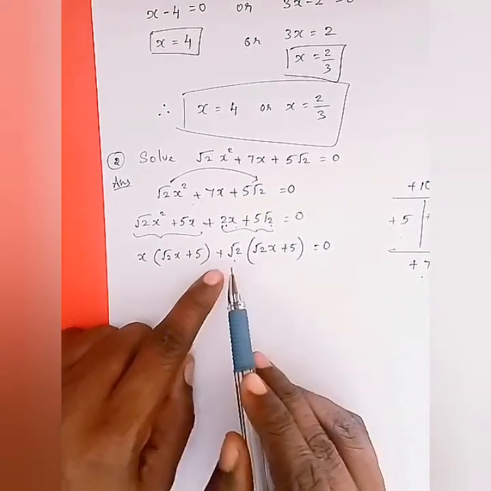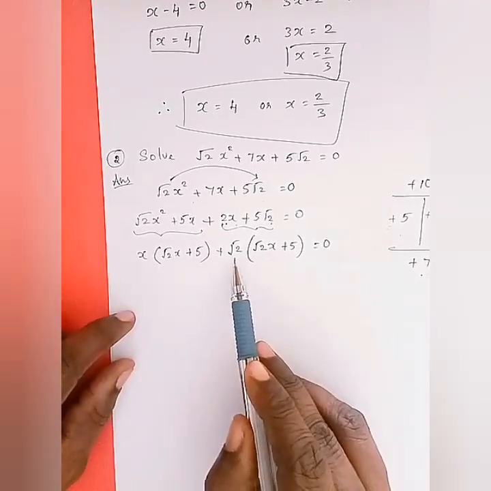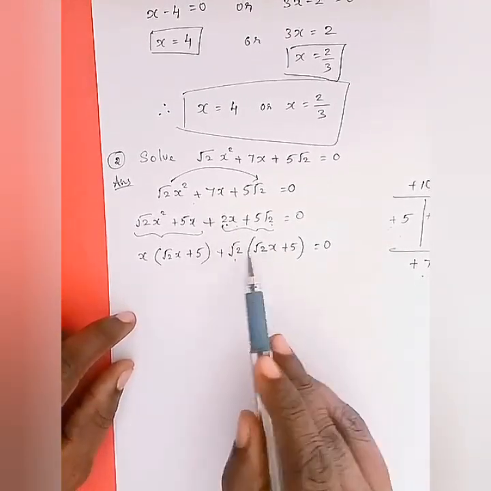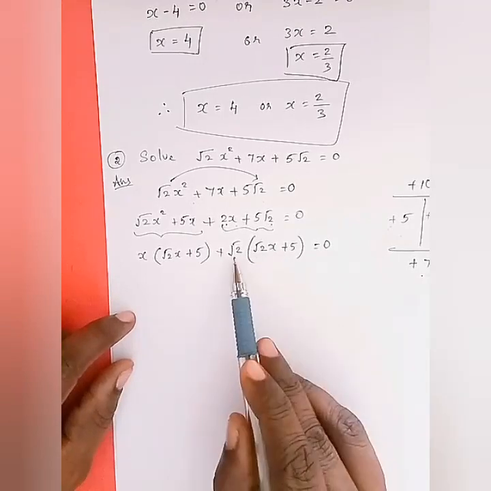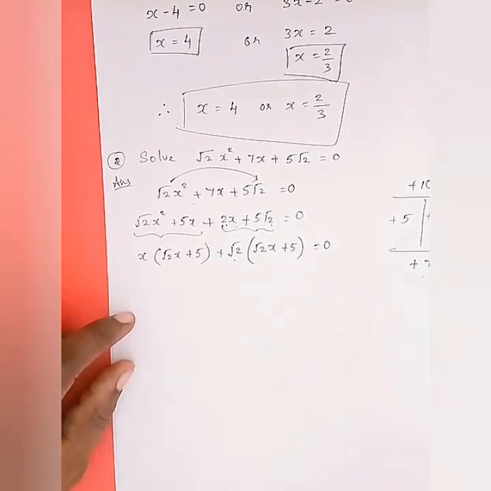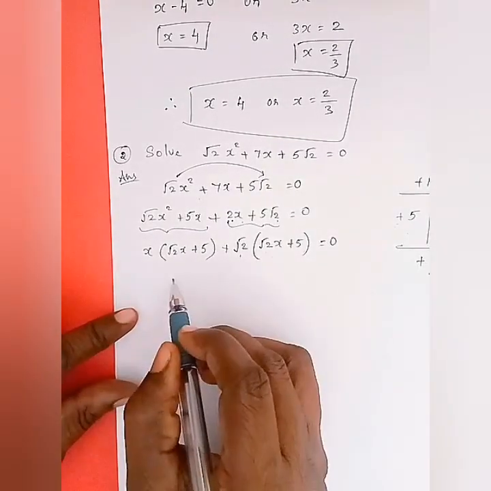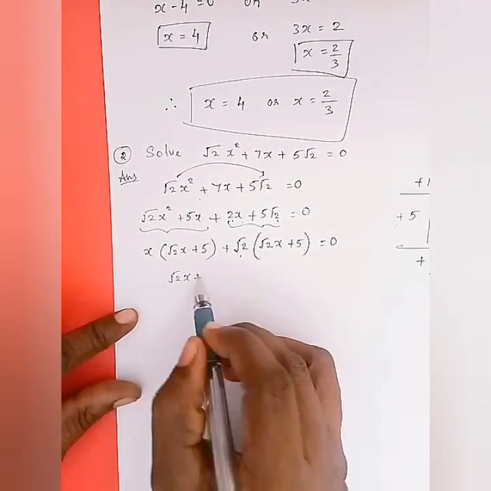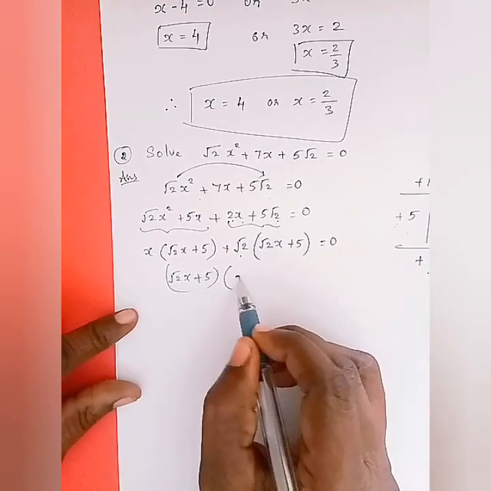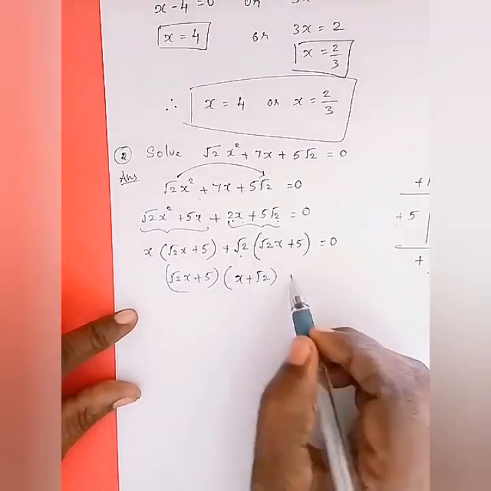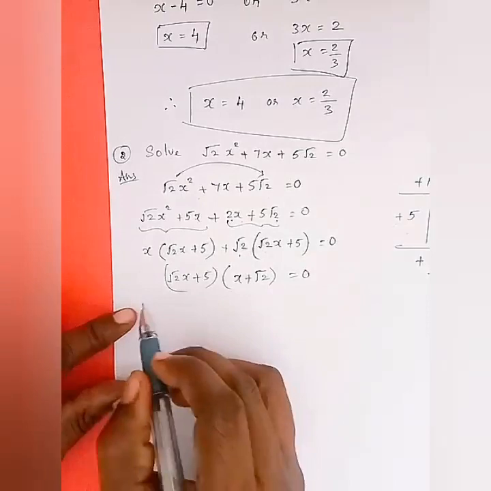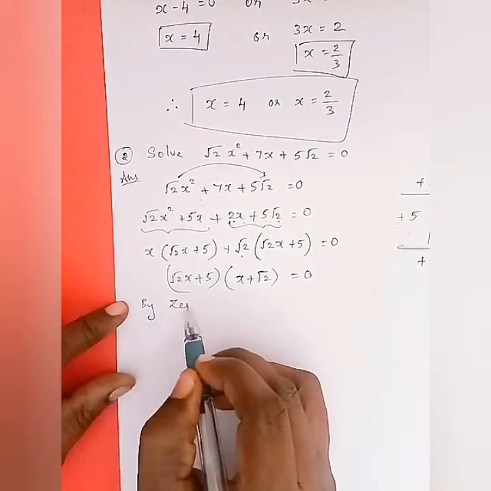If you have the doubt, again multiply it inside and see. Root 2 into root 2 is 2 into x plus root 2 into 5 is 5 root 2. So the original answer we got as it is. Now root 2x plus 5 is common. So root 2x plus 5 if I take it outside, inside we will get x plus root 2 is equal to 0. So by zero product